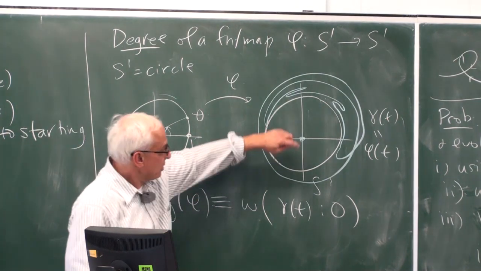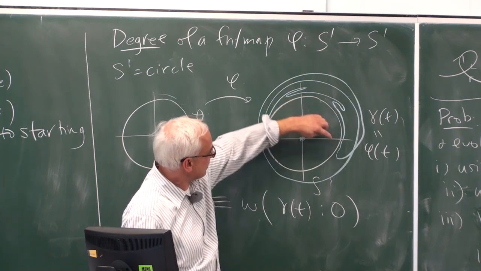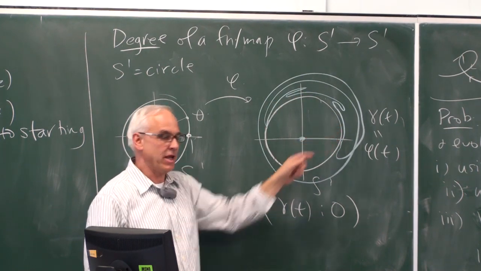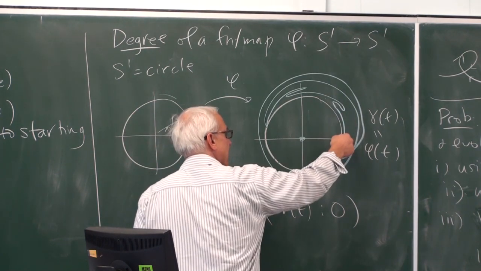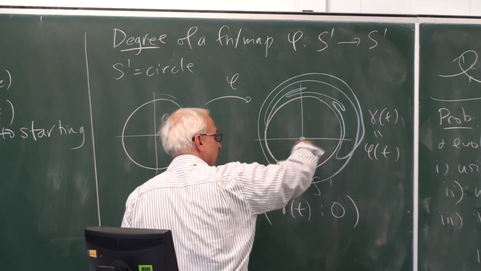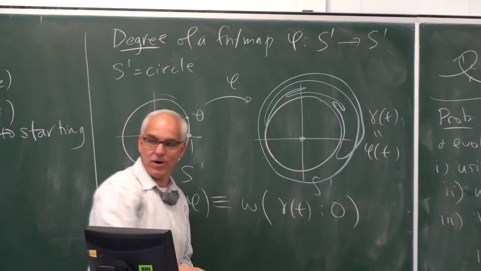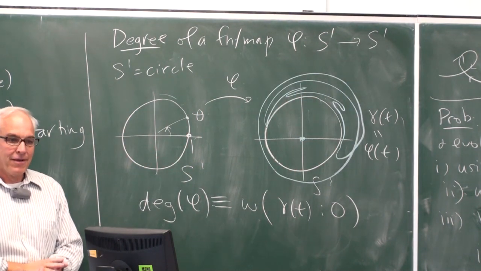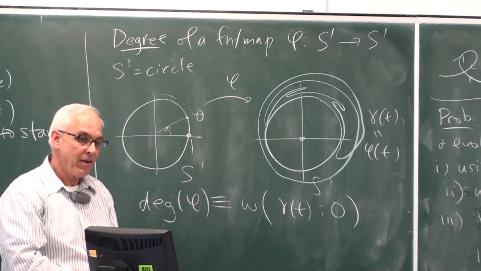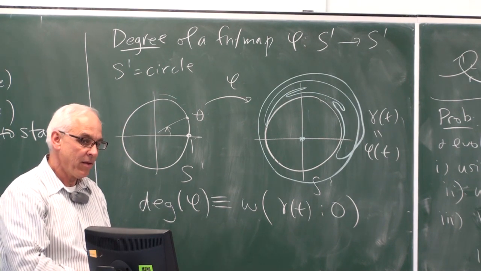So no, the image, well, I've drawn it like this, but the image actually has to lie on that circle. I'm just showing you where it's going, but it's actually on the circle, going back and forth on the circle. It might go around lots of different times, and eventually it gets back to where it started. So if you have less than the radius, the distance between the center point and the curve has to be less than the radius of the surface.